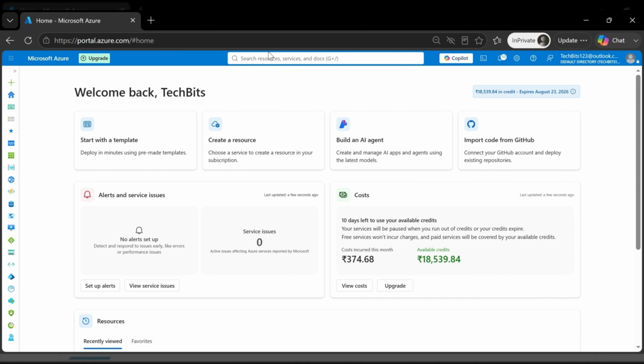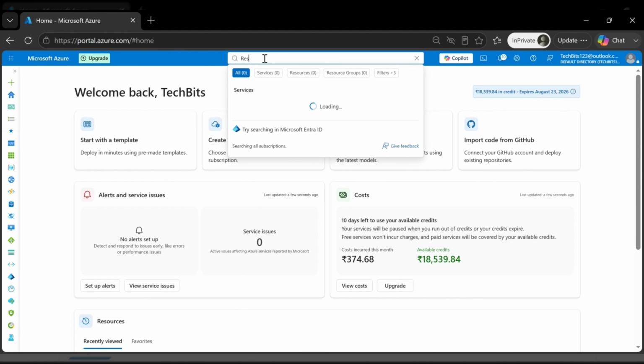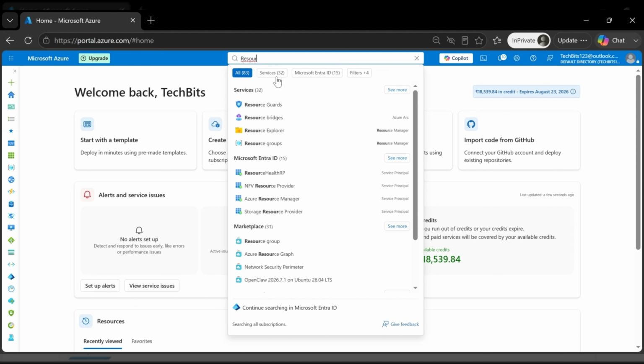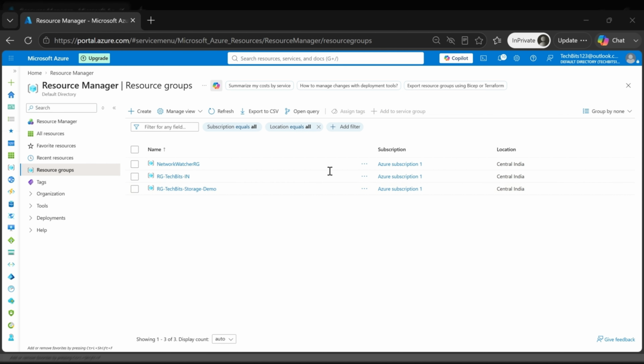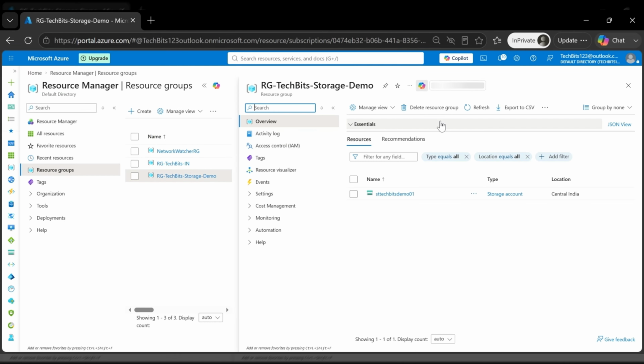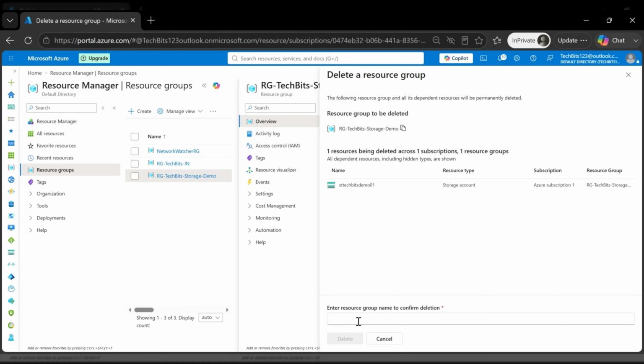Now let's return to the resource cleanup part, since all the topics are covered. So we will go to the resource group now. So search for resource groups from top again. Okay, and here you have RG TechBits demo. So even an empty storage account may remain as a resource, while actual cost depends primarily on capacity, transactions, redundancy, access tier, region, and data transfer. So for this temporary lab, we will be reviewing all resources and click on delete